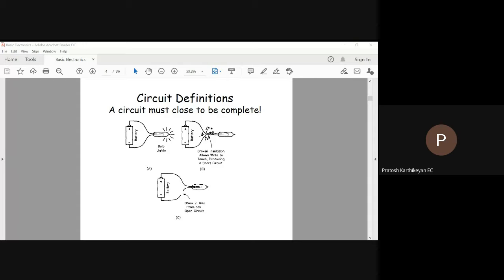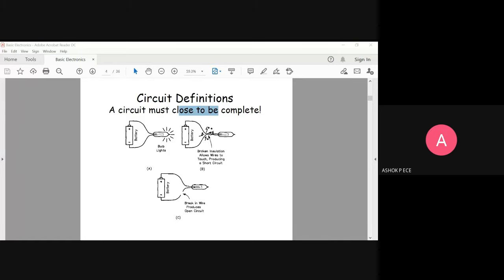Sir, air is an insulator, sir. Yes, very good. Air is an insulator, so even though the wire is touching the air, the air is not going to conduct. So the third case is open circuit, where there is no current flow. Open circuit is safe because the device is not getting damaged. Current does not flow in open circuit.